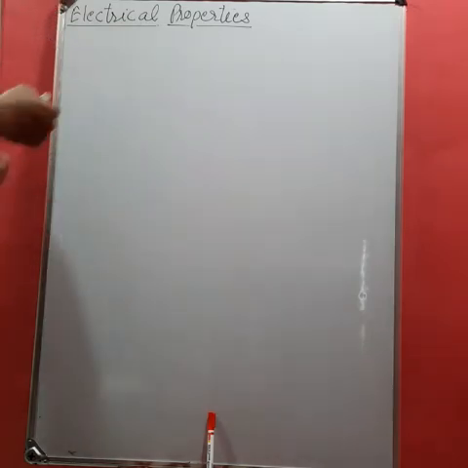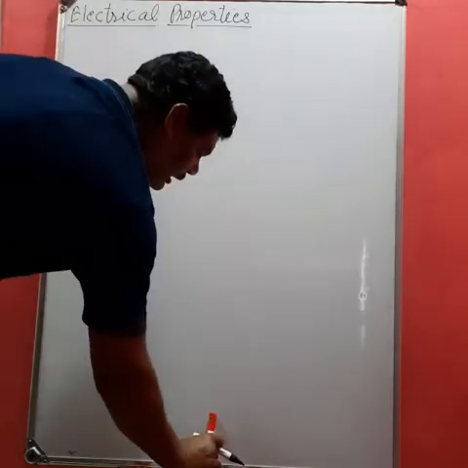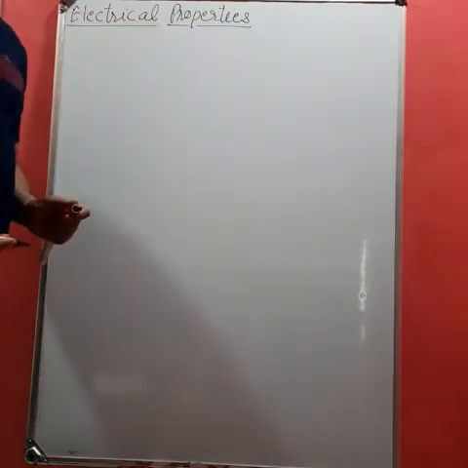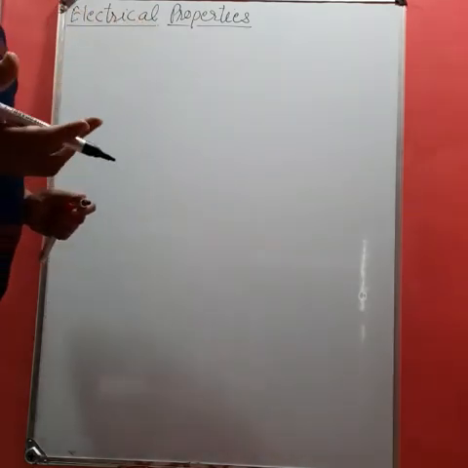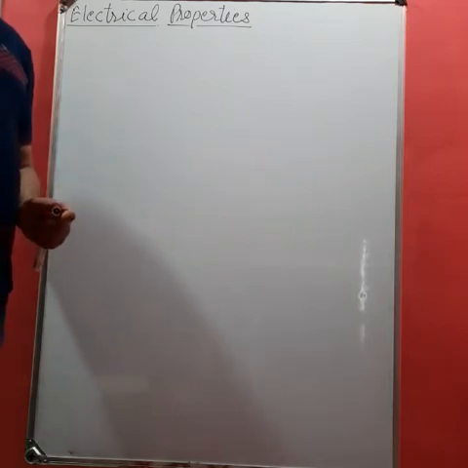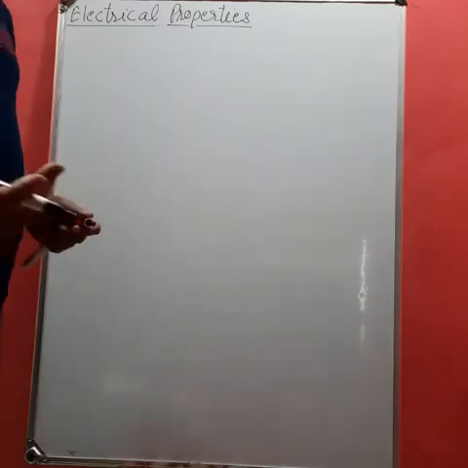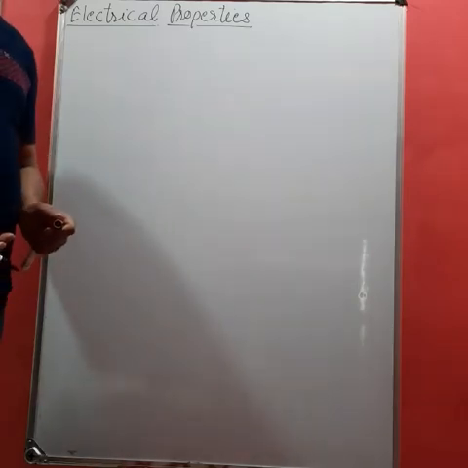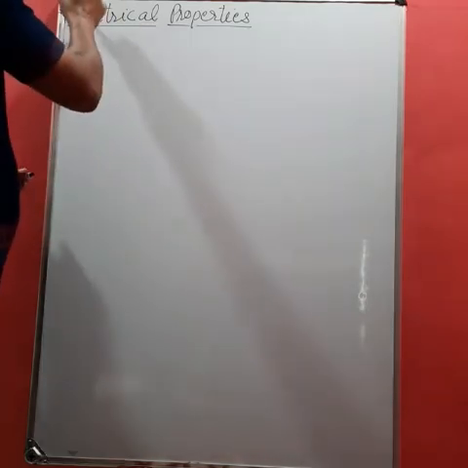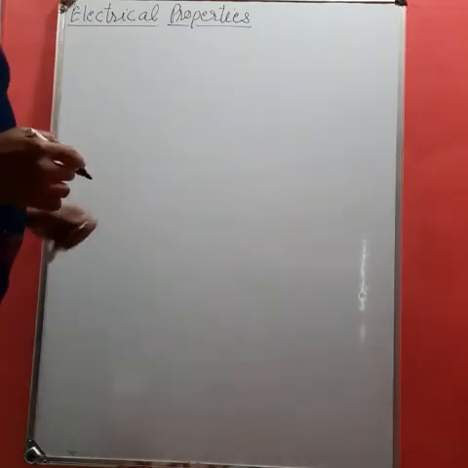This is the most important property again of d block elements, that they show electrical conductivity. Like for electrical conduction, we are generally using what? We are using copper. Okay, the best conductors are silver and gold. So why are we using such materials? This is because they are good conductors of electricity.